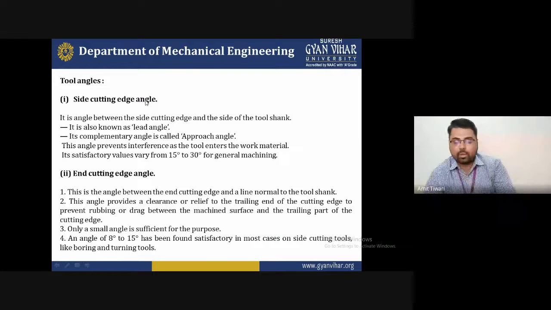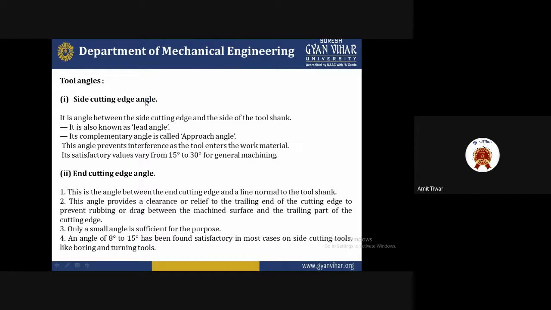So basically what happens during machining is that 15 to 30 degrees is generally required. If we go below 15 degrees or increase more than 30 degrees, some irregular roughness will be generated, which is not required for good machinability, or it will give a negative rake angle. So if we conduct this experiment between 15 degrees and 30 degrees, putting the angle during machining, we will find good machinability of the operation.